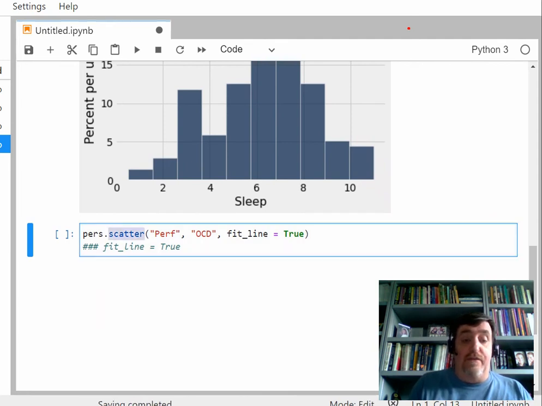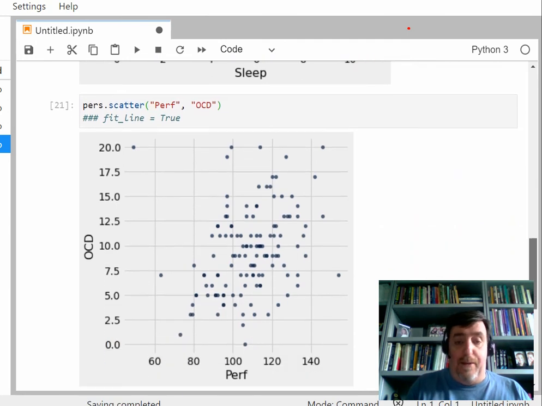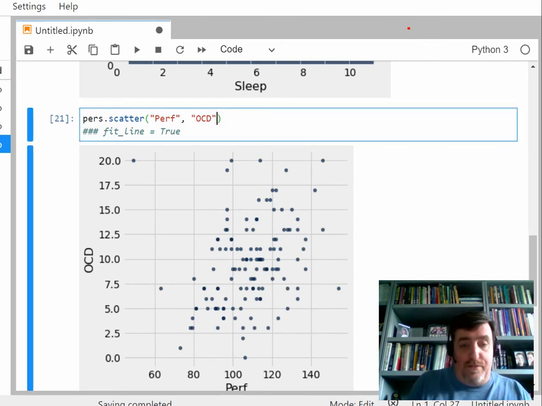And then scatter, again, if you have had anything about statistics, you know there's this thing called a scatter plot. And so I want to do a scatter plot with perfectionism and OCD indicators. And I just made a quick change to that. And so yes, this is a scatter plot. Unfortunately, it's hard to see kind of what's going on because there are about 150 dots. It kind of looks like there may be a trend from the bottom left towards the top right, but it's hard to see.